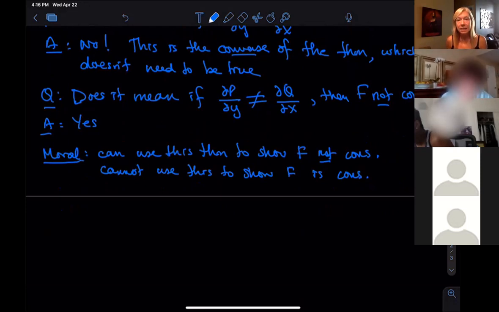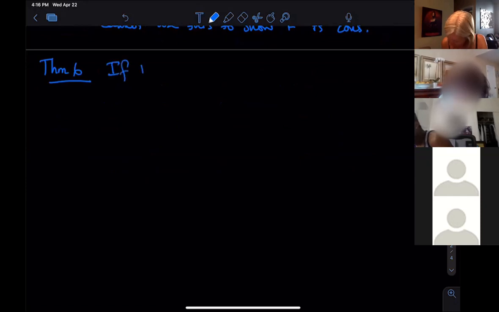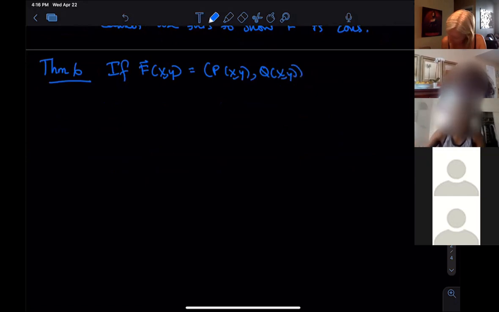Well, there's a related theorem, super related, which lets you show it's conservative, and it doesn't really have a name, but it's Theorem 6 in your book. So I'm just going to call it Theorem 6 so that when we refer to it, you'll know which theorem I'm talking about. Nobody else on the planet is going to call it Theorem 6 except us. So we still have the same setup. We have this vector field, and we're going to call the component functions P and Q. If that's a vector field on a region D,